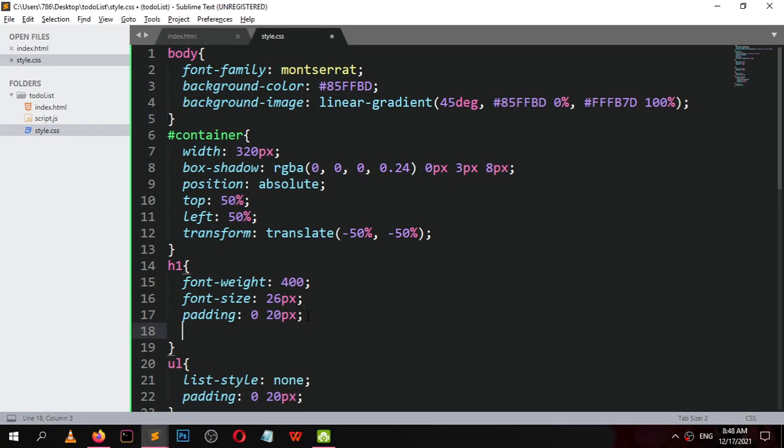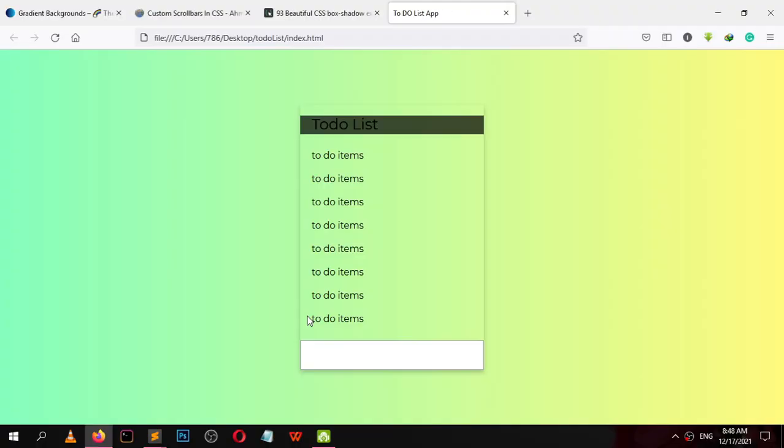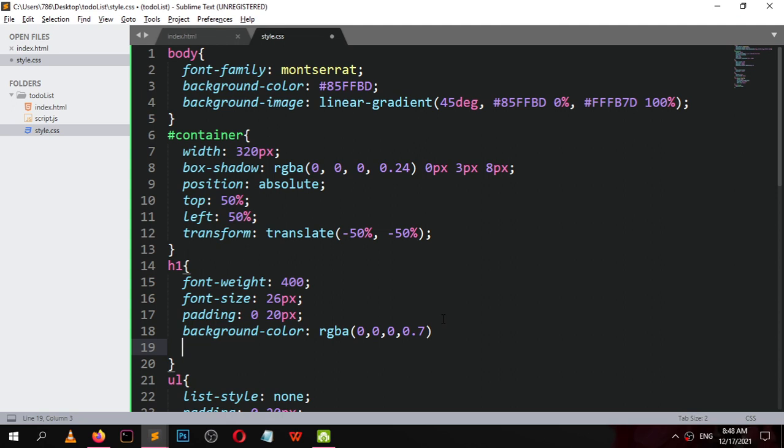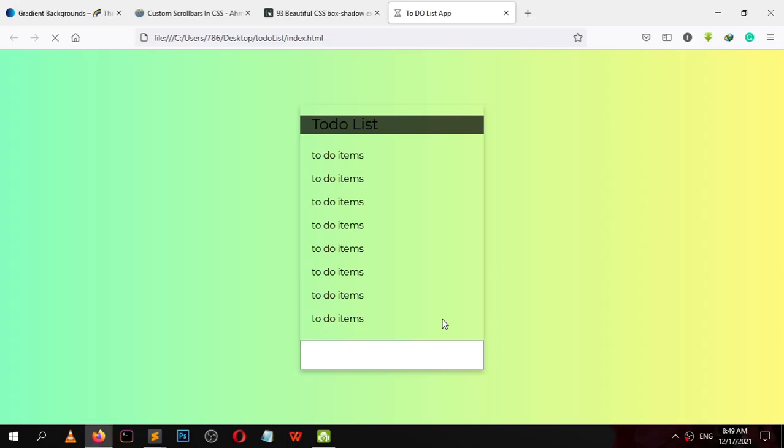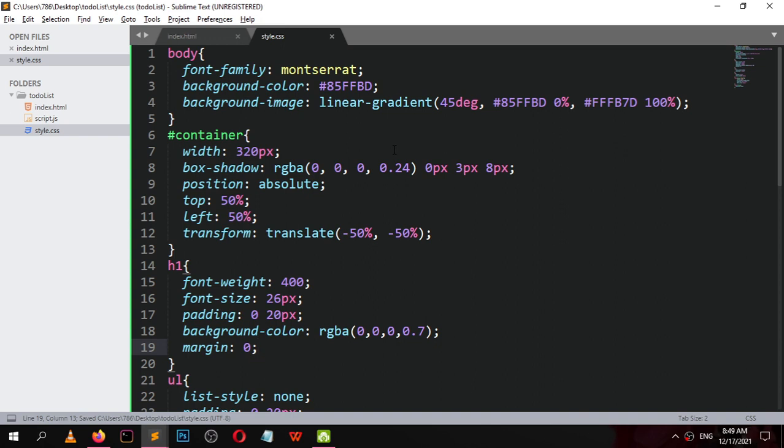Give a background color to H1, RGBA 0.7, and margin of 0, and the heading should be top and bottom 10px and left and right 20px, and color should be white,